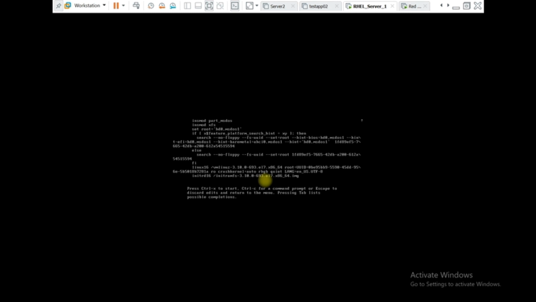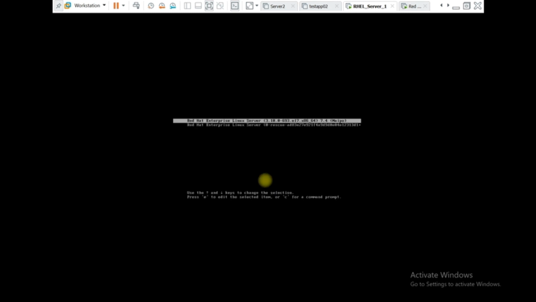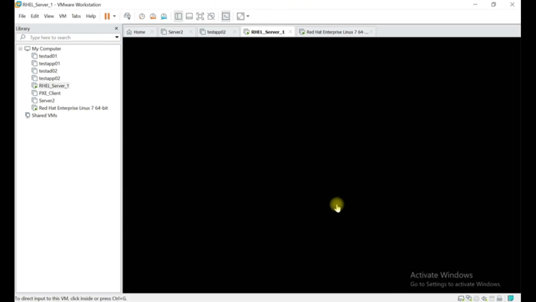So the moment you exit from here, it will wait for some seconds. Okay, I think I need to press it here because that option is already gone. So press it. The moment you press it, it will take some time, and here you can see the first screen will appear a little bit.